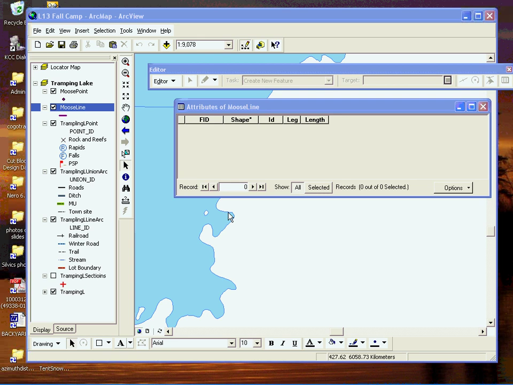In this demonstration, we're going to show how to use the Distance Azimuth tool in the sketch tool found in the editor toolbar to add data to some new shapefiles that were created earlier. The shapefiles we're going to be working with are moose line and moose point, and this demonstration is to simulate the